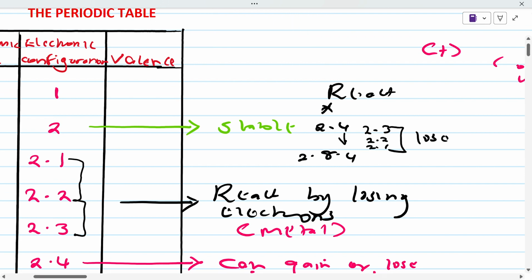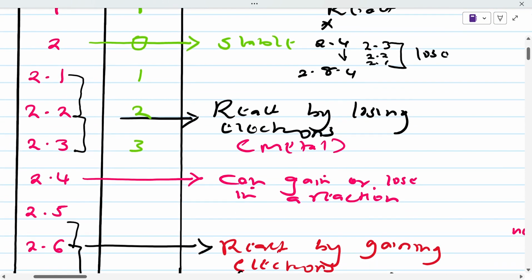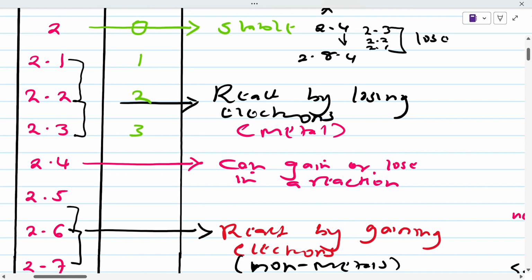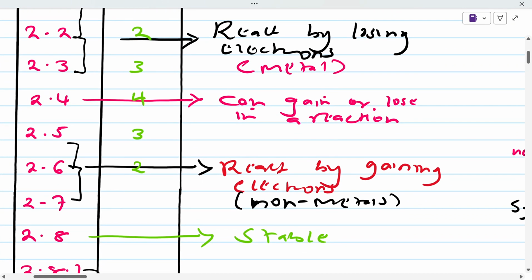So for one, hydrogen always has a valency of 1. Now, this one is stable, so it has a 0 valency. This one has a 1, 2, sorry, supposed to put it here, 2. This one has a 3. Now, this one has either 2 or this one needs 4, can lose or gain 4. This one needs a 3, this one needs a 2, then 7 needs a 1, 8 has a 0 valency